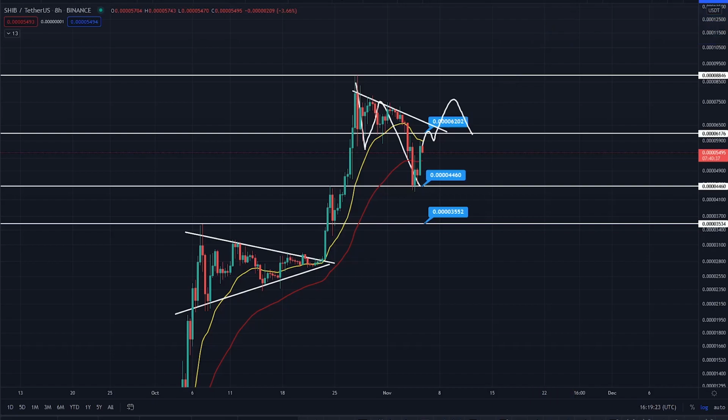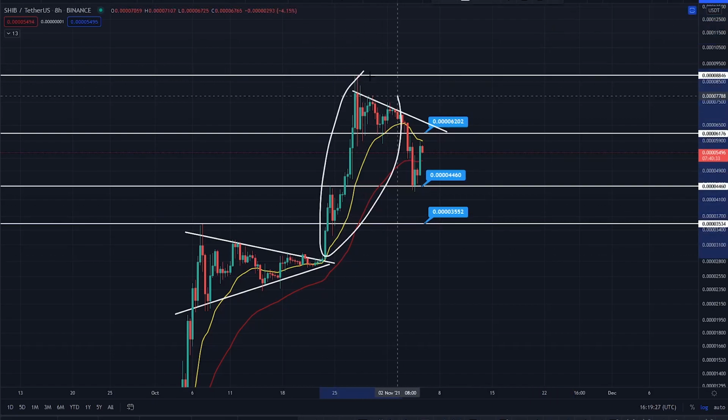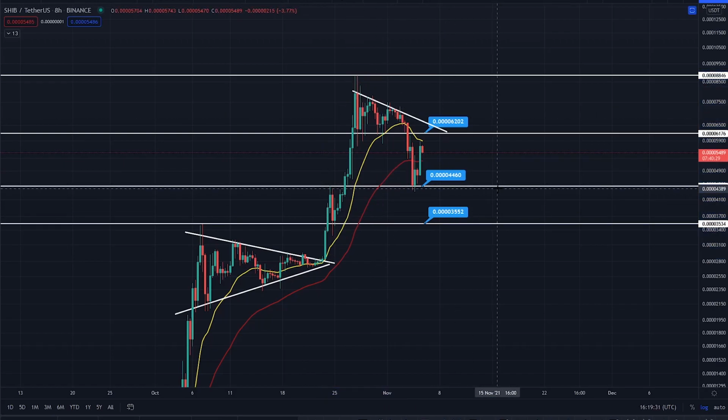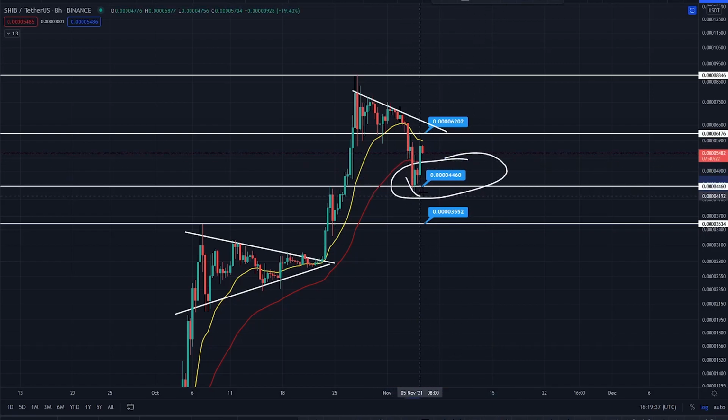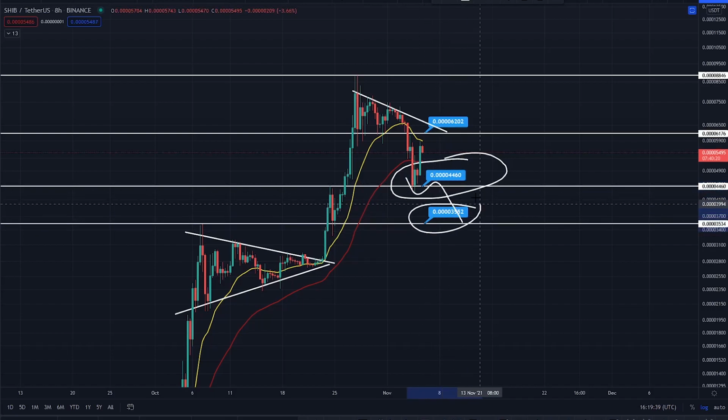Do anticipate that when it goes, it could go again like this. It could absolutely go again. So this is what you're looking for with Shib, continuation basically. You're holding support for continuation. Now obviously, if you do start to lose this key level of support right now, I would anticipate another key level of support would be this particular swing high to swing low.